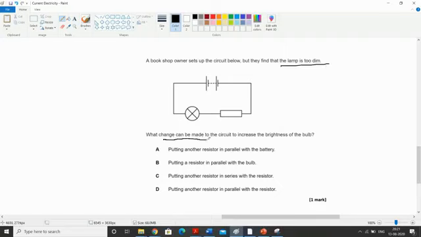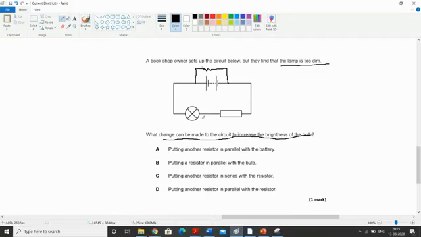What change can be made to the circuit to increase the brightness of the bulb? Brightness depends on the voltage. So if the voltage increases, the brightness will increase. Putting another resistor in parallel with the battery. So if you put another resistor here,